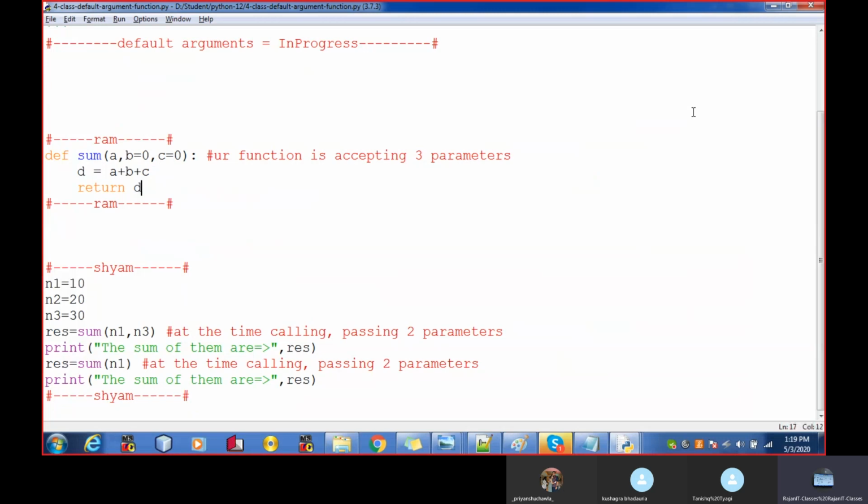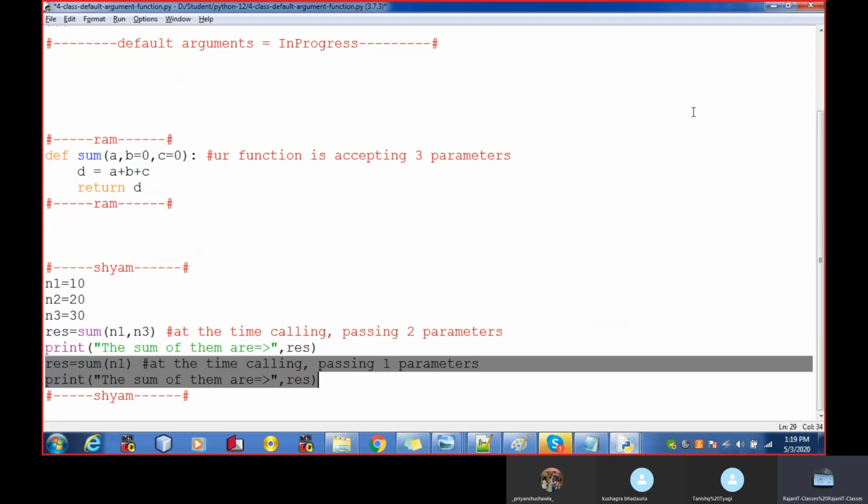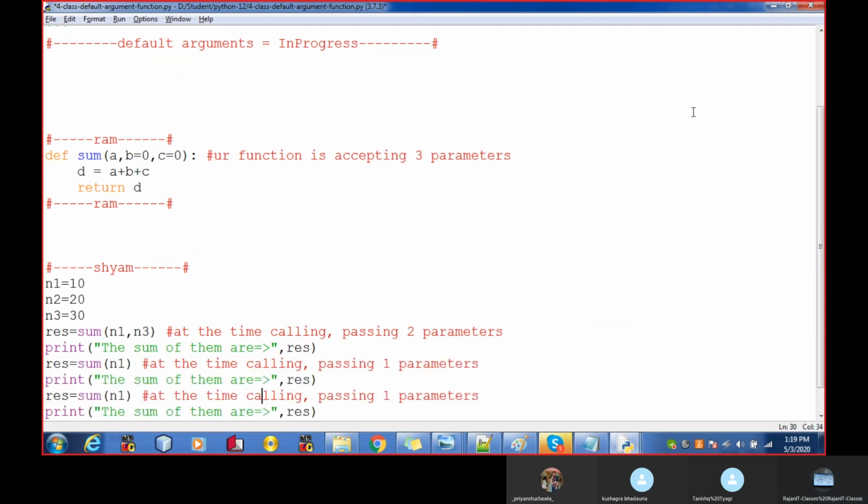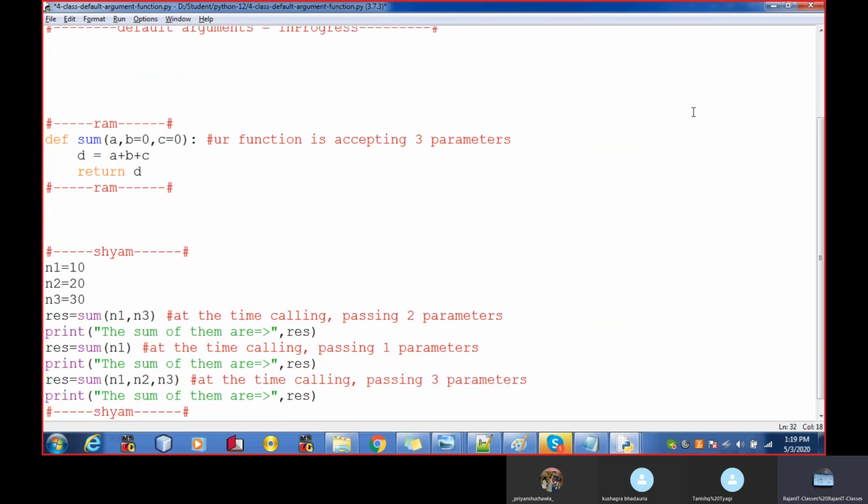Okay. Now if I remember it, so let's say 1. Now I pass all the parameters, n2 and n3, passing 3 parameters now. So at this time I didn't forget to pass the value.